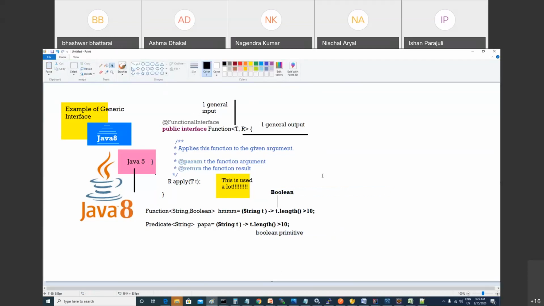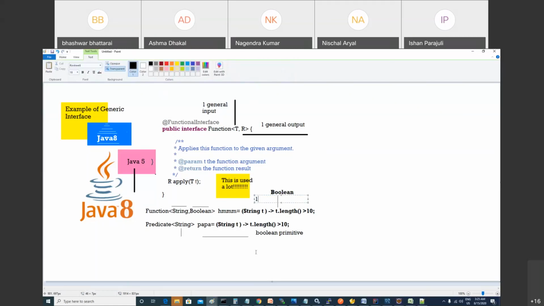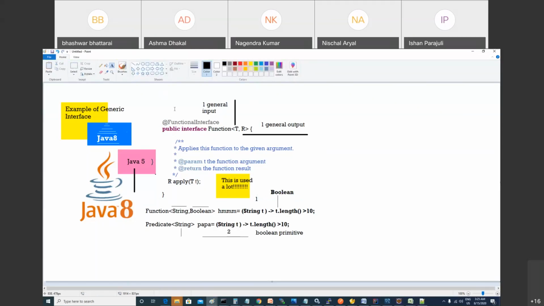This is taking a string and returning a Boolean value. It means whatever lambda you have on the right side could be a functional interface. But if it is taking only one parameter and returning Boolean, then it is a predicate. This is the way to distinguish. Otherwise, you can't. But this is a very special case.